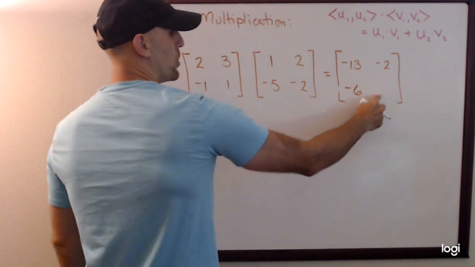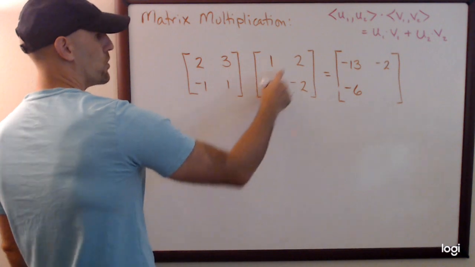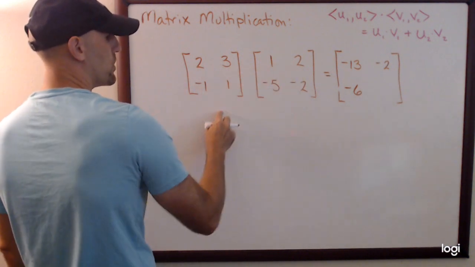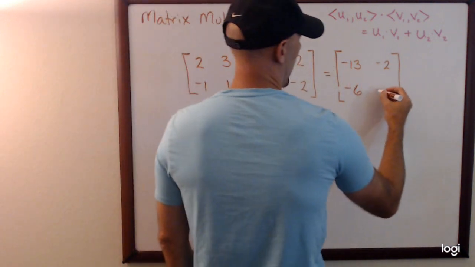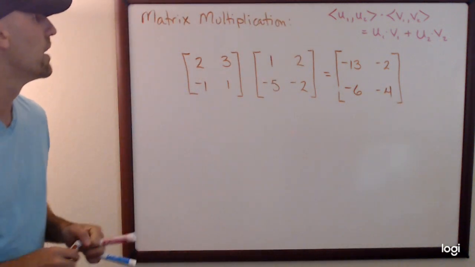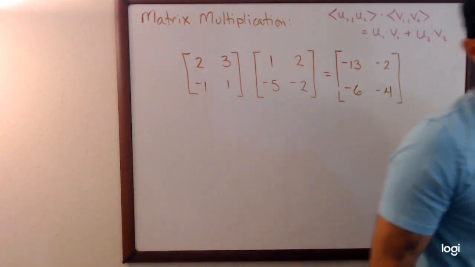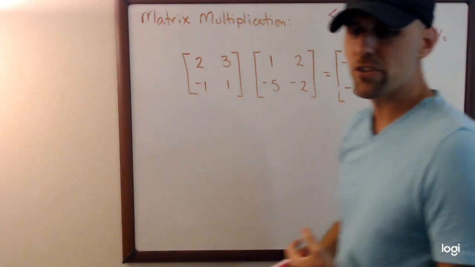Okay? 2-2 entry. That's row 2, column 2, right? So row 2, column 2. -1 times 2 is -2. 1 times -2 is -2. Add those, you get -4. And there's my product, right? So this is how we multiply matrices. Okay? But let's talk about